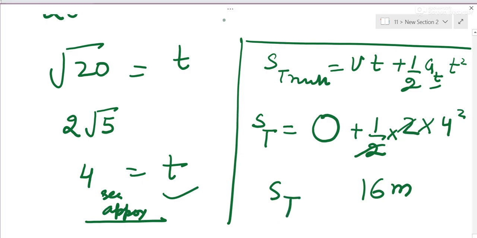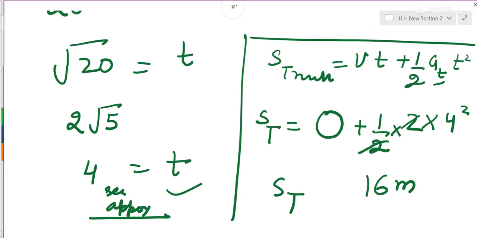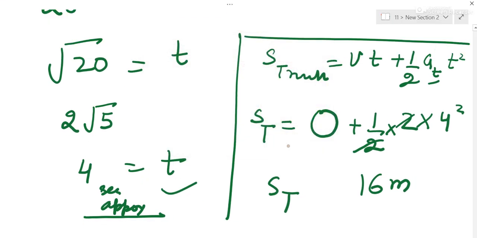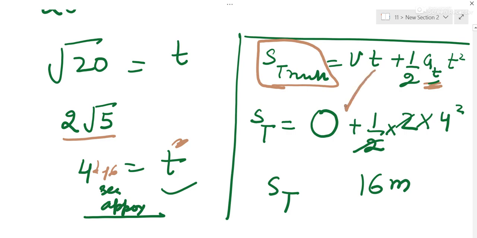So just be very particular that here we have taken the acceleration of the truck. When you find out how far the truck has gone since the box has fallen, the time will be what we have obtained here, something like 4.46 if you wish to keep it accurate, or you can take 4.5. So take that time.